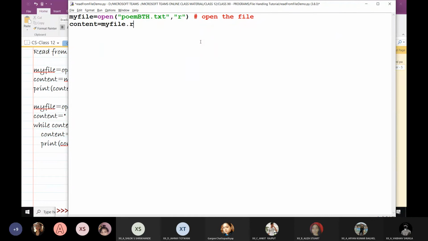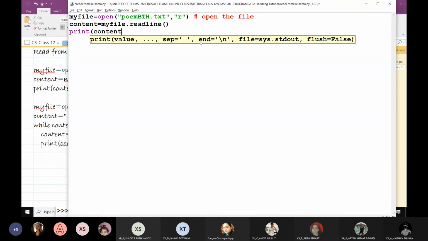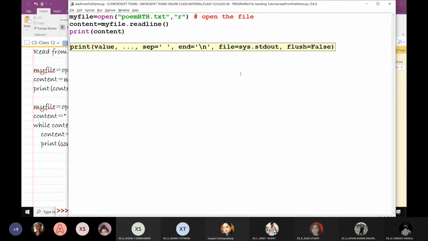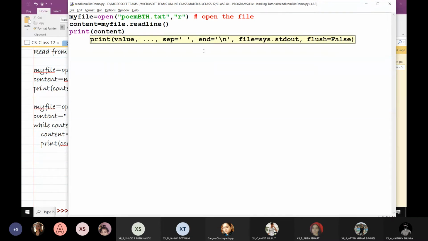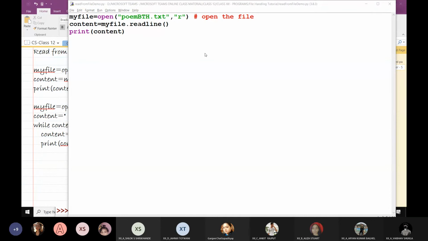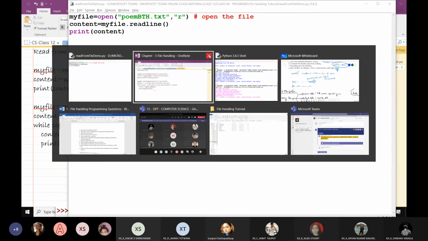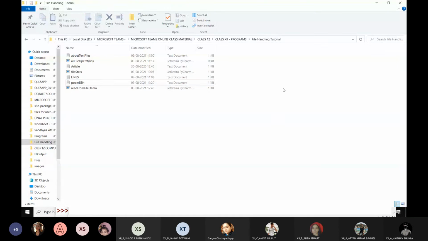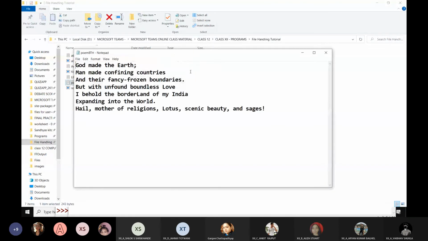So you are going to tell me what the output of this will be. Now I am going to run the program once again, and I am going to open the file content. So this is the file, right? Yes. So the file and the program both are in front of you. You are going to tell me the output of this line.